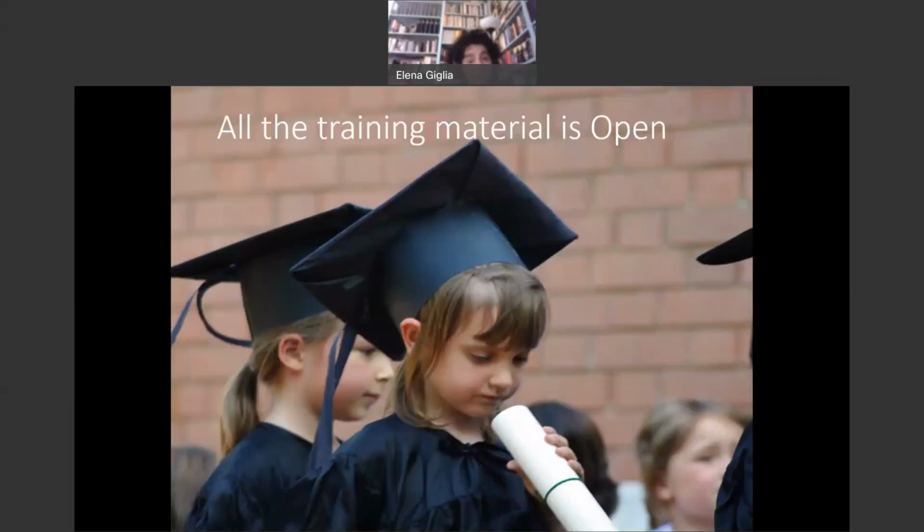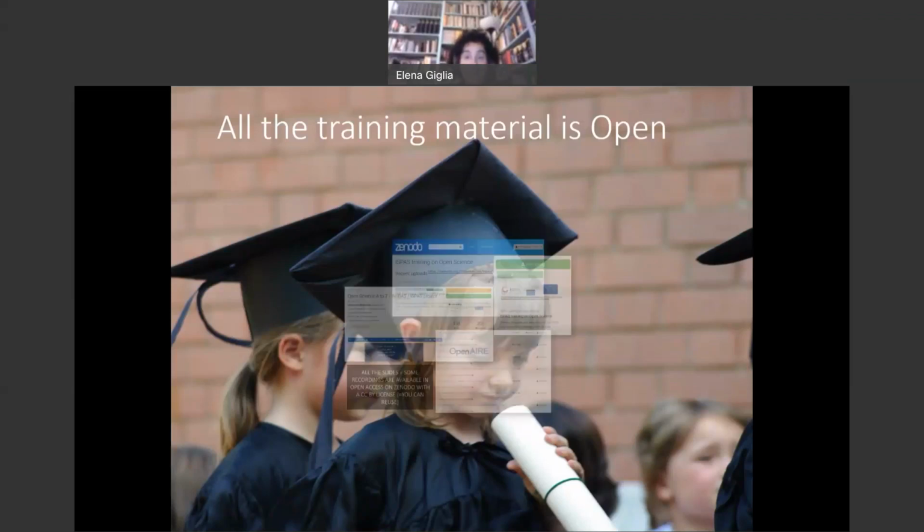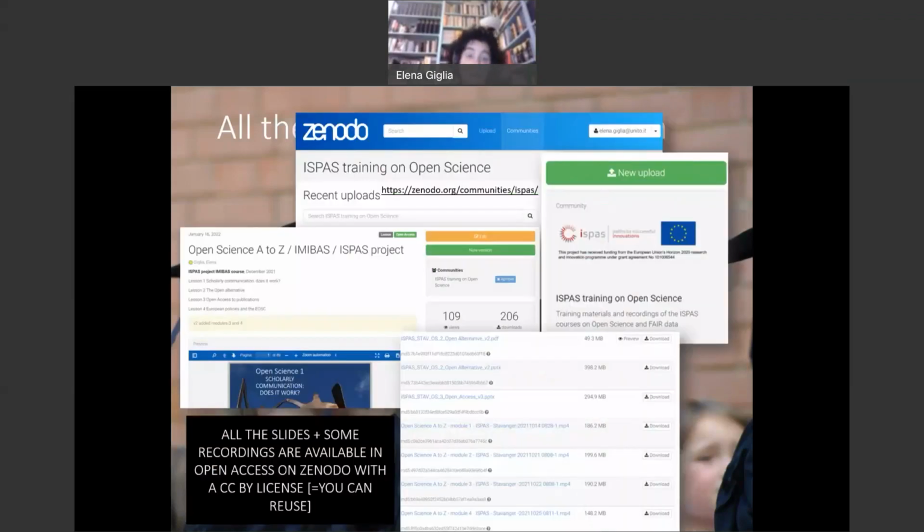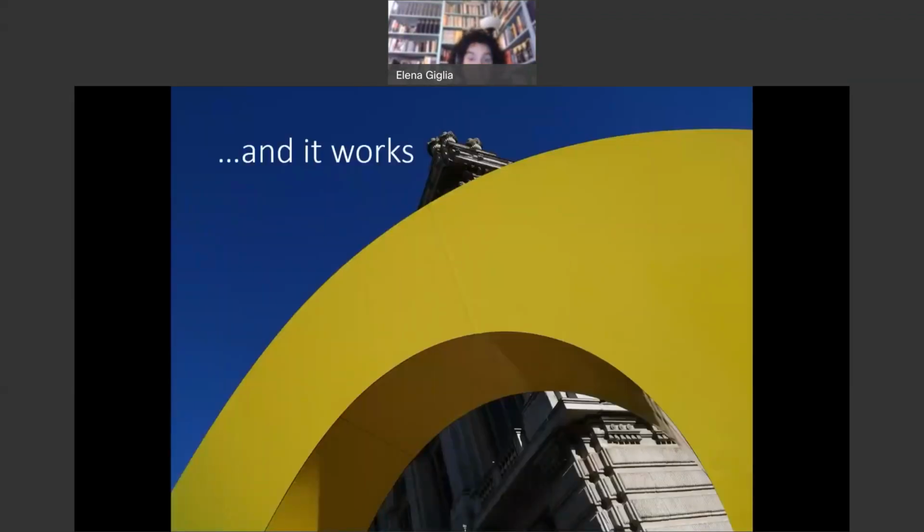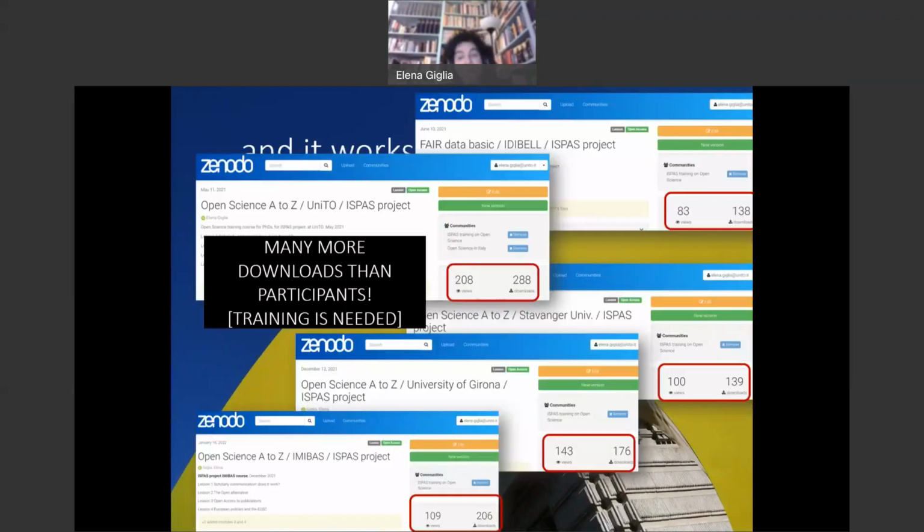And as we do what we preach, all the training material is available in Zenodo, in the ISPAS community, with a Creative Commons license. You can reuse the slides, you can reuse the photos, they are all mine. We also put in Zenodo the recordings, so feel free to reuse them, which it seems many people did, because I'm